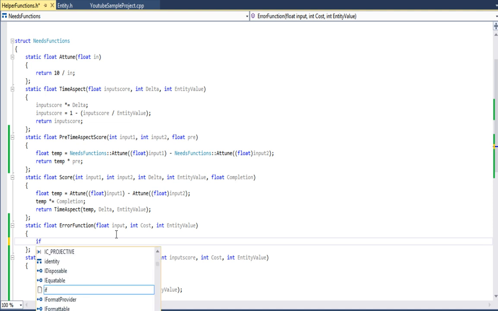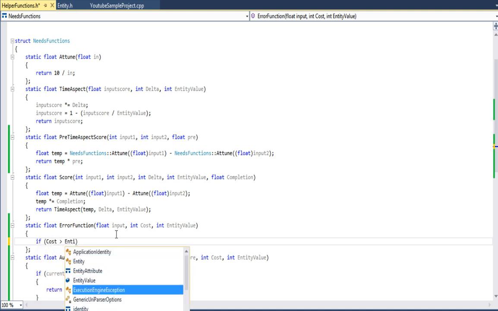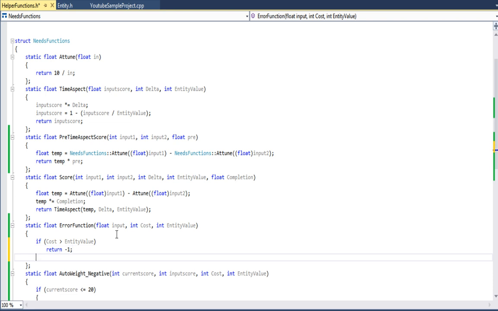So now if the cost is greater than the entity value, we are going to return -1 because this will kill us in one way or another. It'll kill us, it'll upset us, it'll do what it wants. I'm going to say float var equals